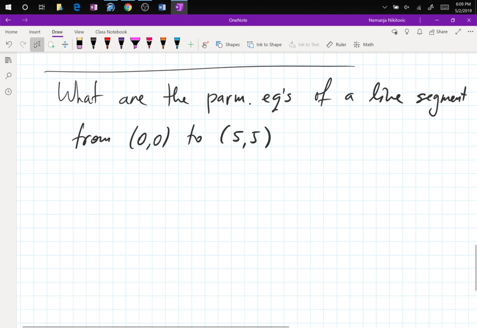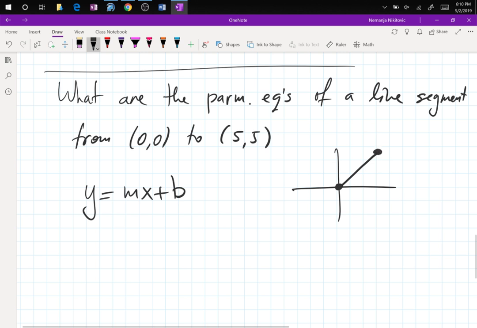Now, do we all know that y equals mx plus b is the linear line? Great. Do we all agree that the slope in this case is 1 and the y-intercept is 0? Good. So the line segment going from 0, 0 to 5, 5